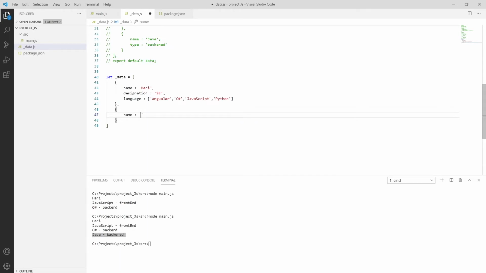I can put it as name as Aryan, designation as SC, or I can put language say as PHP or testing. So we have PHP or some kind of testing language, so I'm putting testing over here. Okay, so that variable is completed.